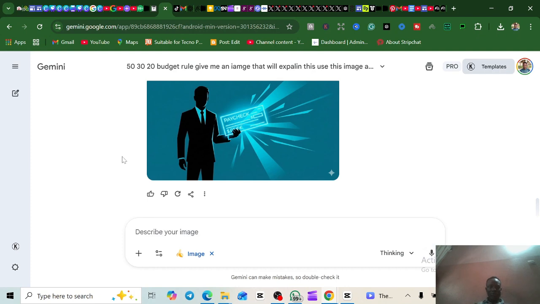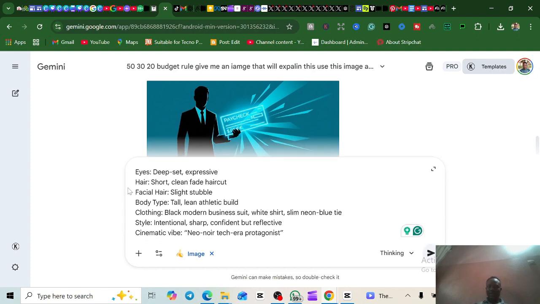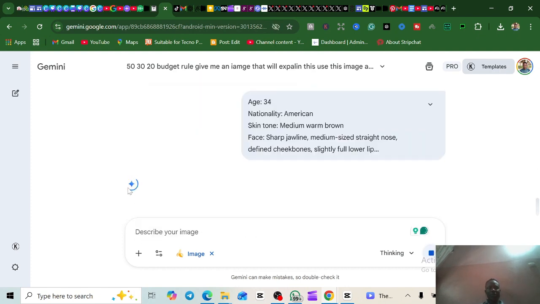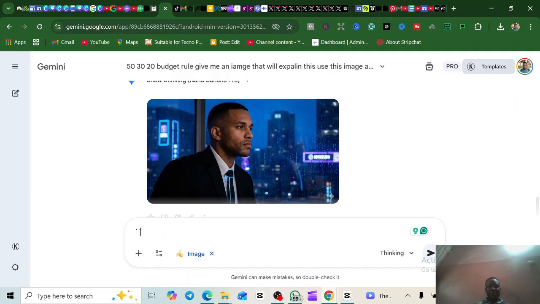Good. Now we are going to paste that one here and let's see what it does. I hope it doesn't go against the policy, because sometimes it goes against certain policies and I don't know why. But I'm glad it's giving me all of this challenge, so that in case you encounter it, you know what to do based on what I'm doing. So it has generated something, but I still don't like the way it came out.